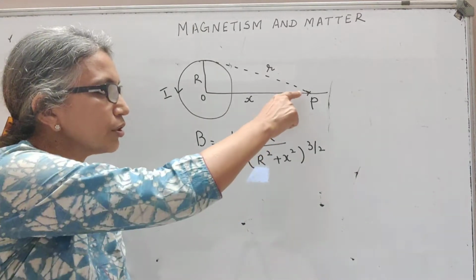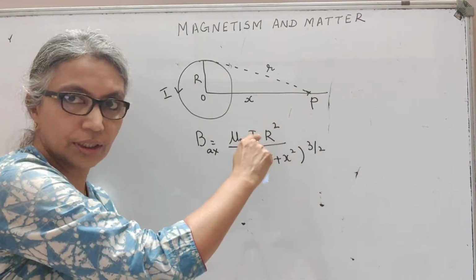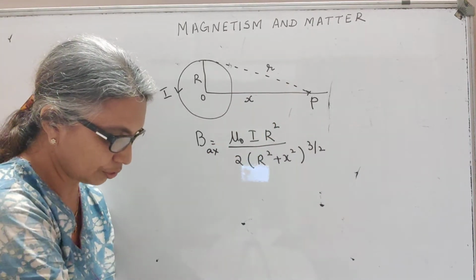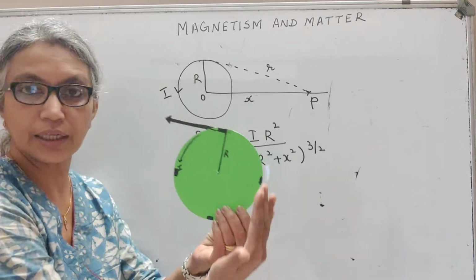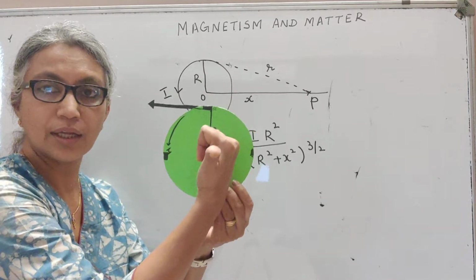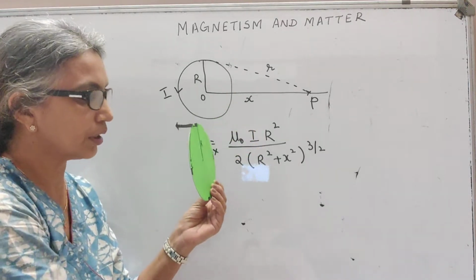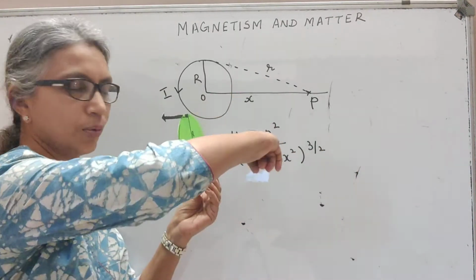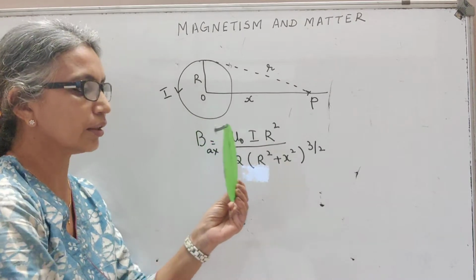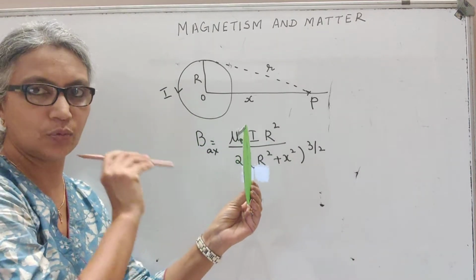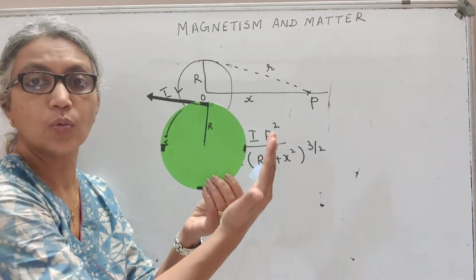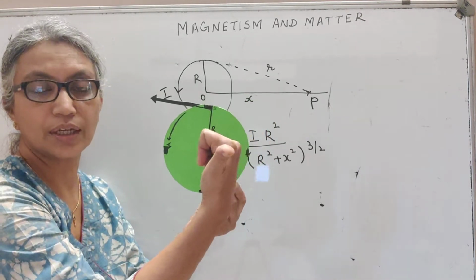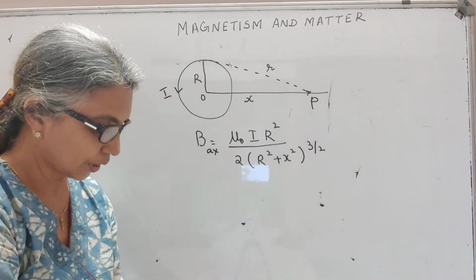Okay. Now the direction of magnetic field, this is a magnitude here, and the direction was given by the right hand thumb rule, where I told you if your current is here in the anti-clockwise direction, the magnetic field is perpendicular to the plane of the coil and outwards, and if it is in the clockwise direction, the magnetic field is perpendicular to the coil and inwards, given by right hand thumb rule, where the curling of your fingers will give you the direction of current, thumb will give you the direction of magnetic field. Okay, now